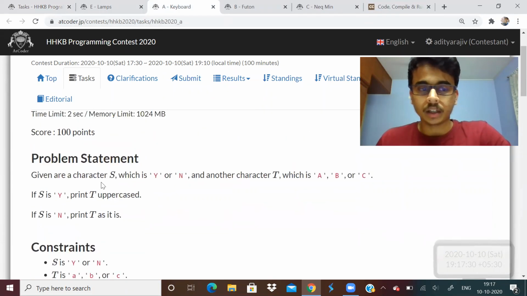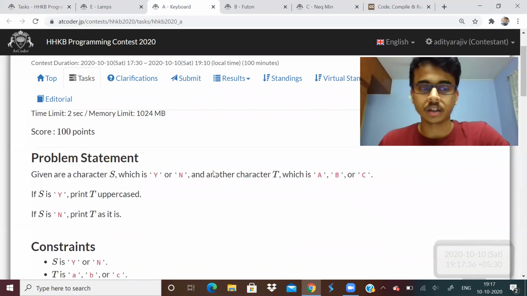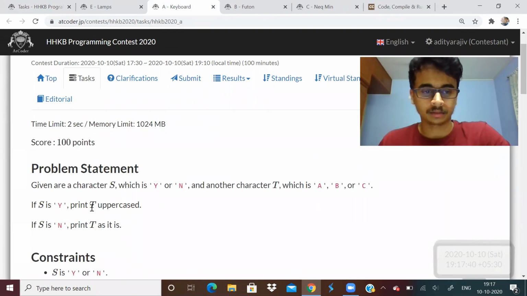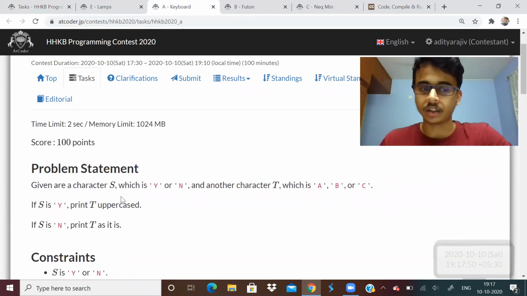So if you're a beginner, problem A won't even be a difficult thing for you. Basically, problem A states that you can do it. I don't have to bother about it actually. You can do this by yourself. Everything is already given in the question. You have to just type it, that's all. So problem A is very, very simple.